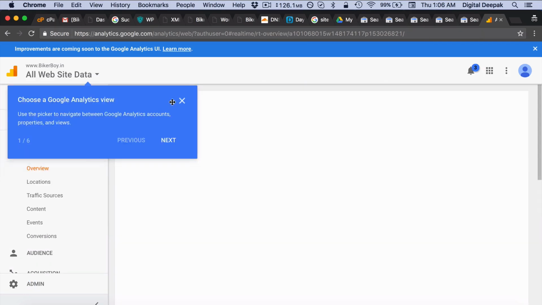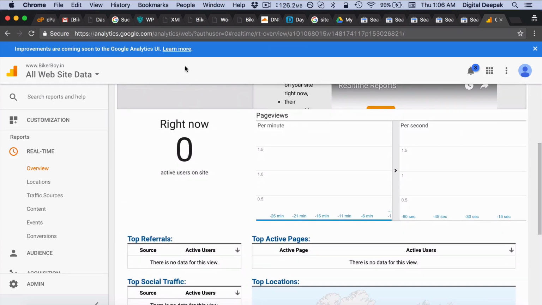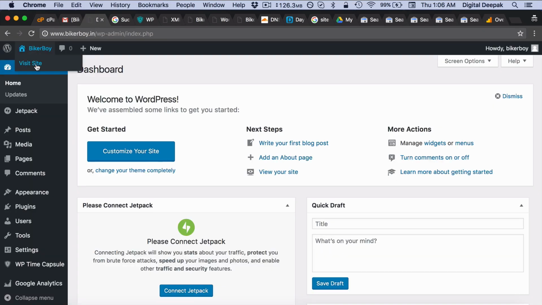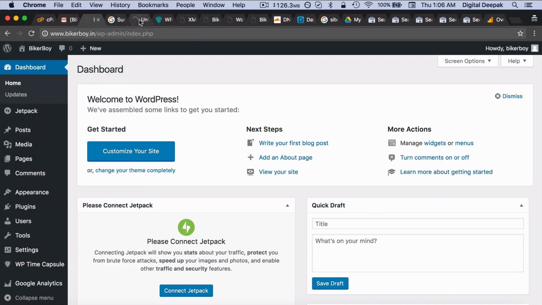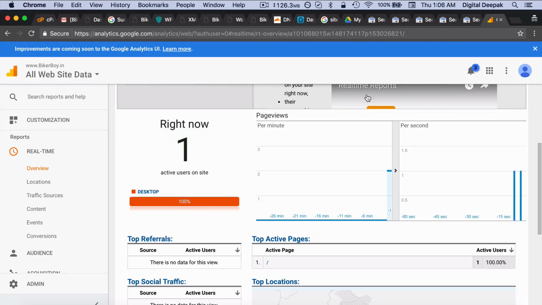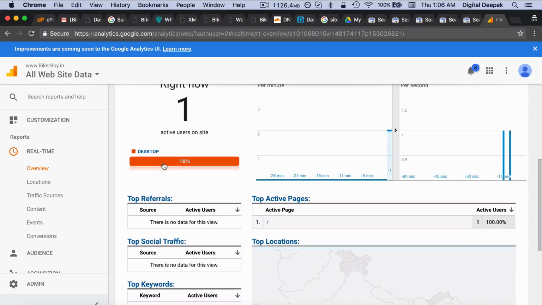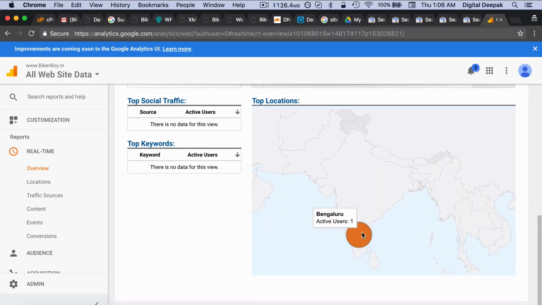Go to overview, and here you will be able to see if Google Analytics data is being picked up. So let me just visit the site so that the Google Analytics code gets reloaded. I would do a hard refresh, and you can see that Google Analytics has started tracking the visitors. So this is me. I'm visiting from desktop and I'm visiting from Bangalore.